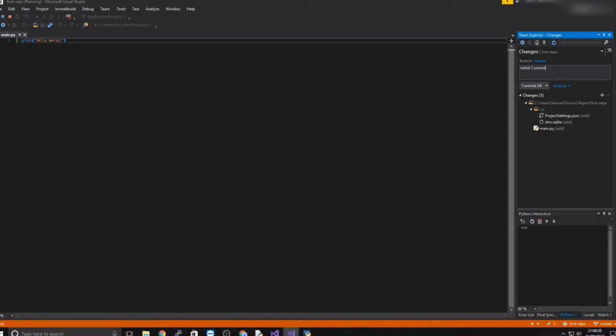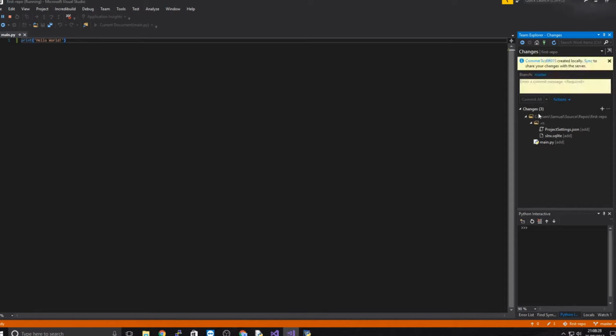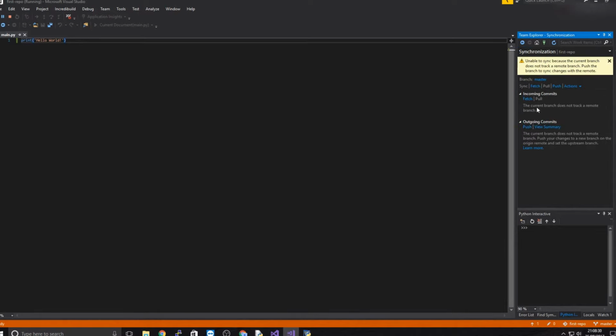And we've set this up with Bitbucket. So this is all free, and we can commit all. We'll just commit it to our local repository. And commit all and sync would push it up to the server, so we're going to do that. So it's pushing up to the server, and it's saying